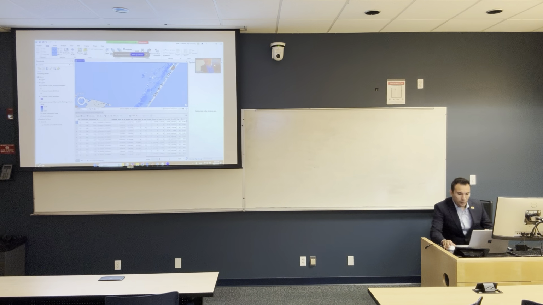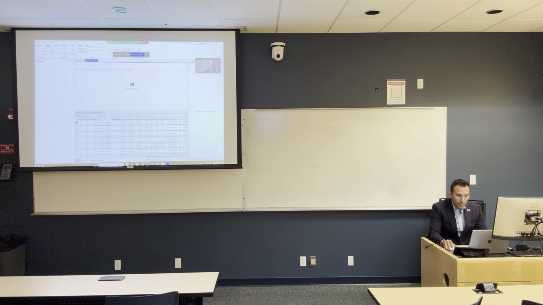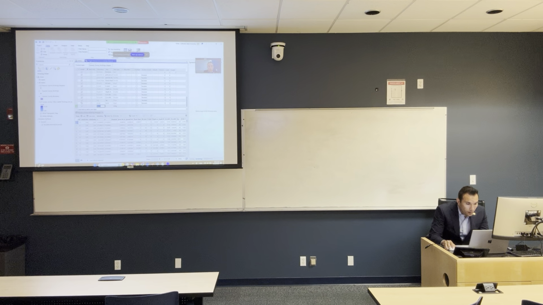So to do this, it's very easy. You are going to add a new field. And I'm going to name this field, let's say, D meter, and I'm going to put 1, and I'm going to change the data type to double, because we're going to have numbers, and I'm going to make it numeric, and then I'm going to say okay, and then once I'm done,